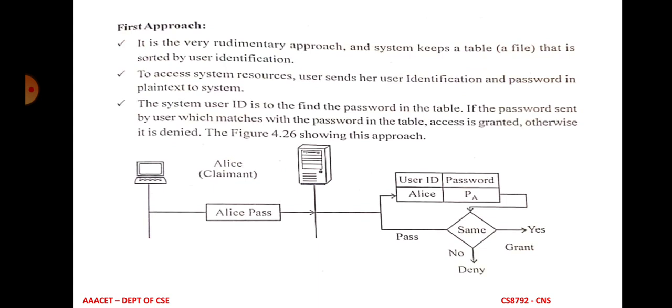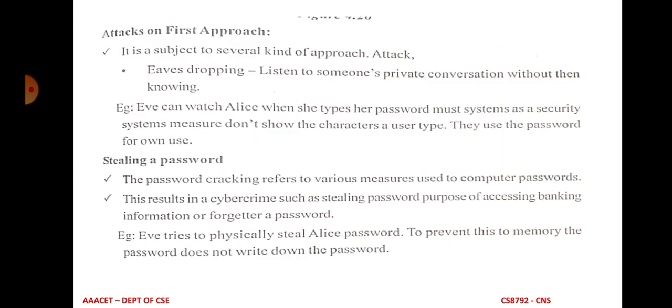Alice can log in to a system, and the request is sent from the CPU. The system maintains a table for each and every user, with user ID and password. Alice is the user ID and the password is PA, in plain text. Each time Alice enters the password, the system checks it against the password in the table. If the password in the table and the one entered by Alice match, then only can Alice get access to the system resources, right? Otherwise the system passes the failure information back to Alice. So this is an example of fixed password.